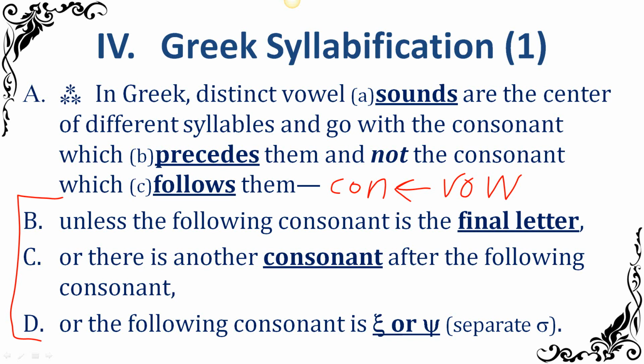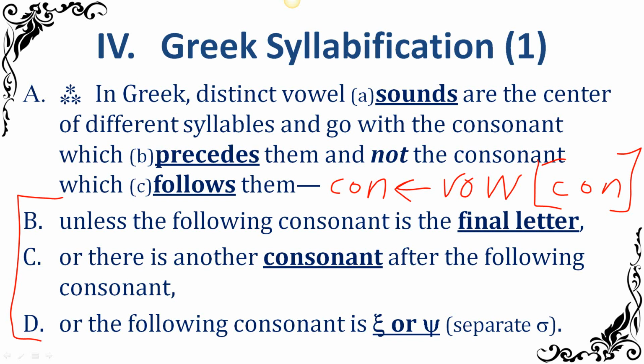First exception, the consonant that comes after that vowel can pick up a consonant afterwards. It usually doesn't unless one of these three things happen. If that final consonant, the one that comes after it, is the final letter of the word, then it will pick it up. So it's not a consonant that's just hanging off by itself. So if it's the last consonant of the word, it will pick up that one. So in the word dog, for example, you say it all as one syllable. You don't say do-g, you say dog, right? So if it's the last letter of the word, you pick up that consonant.